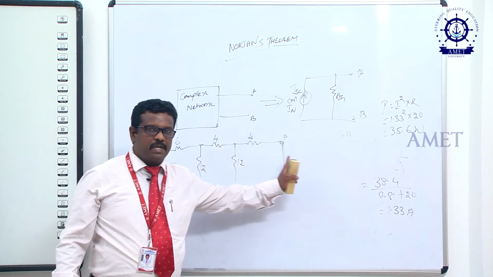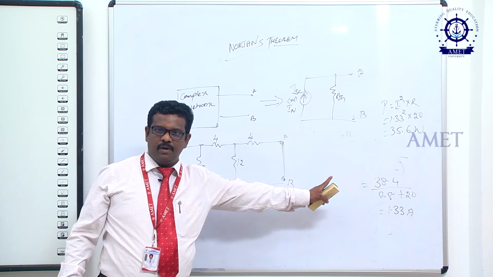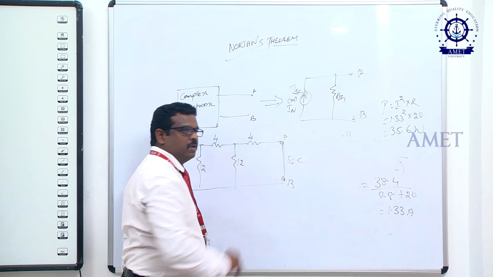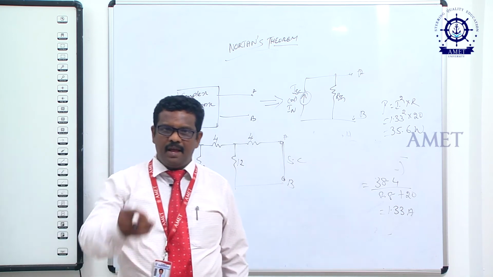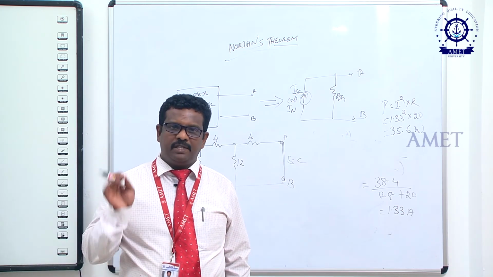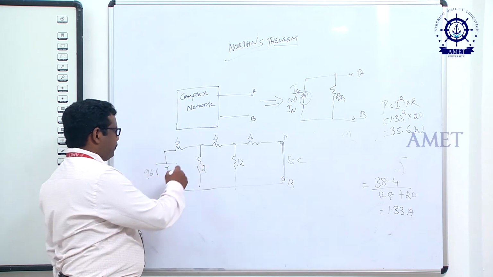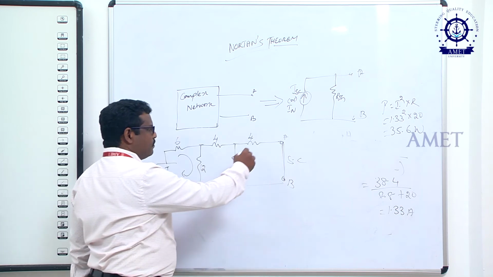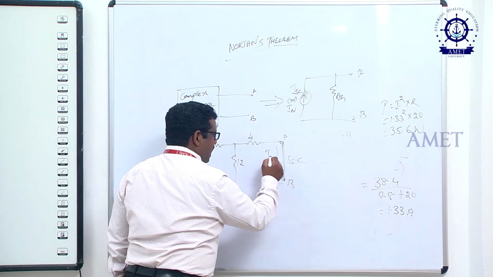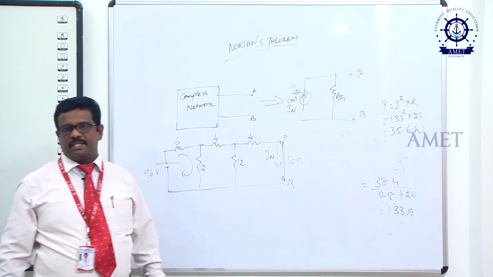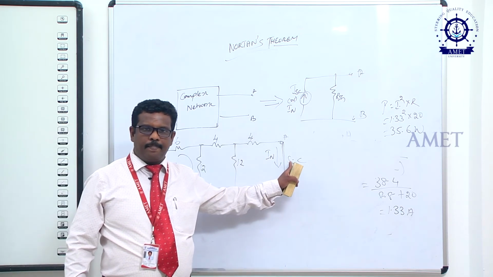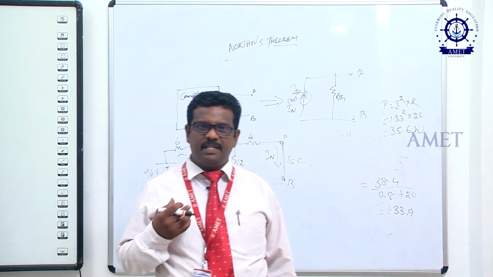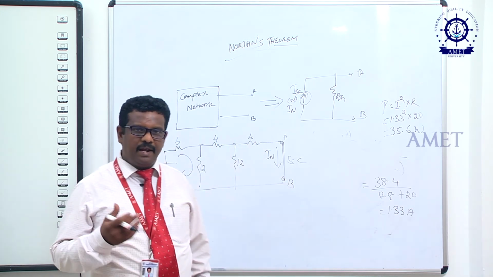You remove the load resistance from the original circuit and short circuit this path. This is called the short circuit path. Short circuit is nothing but providing the easiest path, the zero resistance path, right. Okay. Now what will happen when connected like this? The current flowing through this path is called the Norton's current, I Norton. We have to find this current. How to find it? Simple, by any method: source transformation, series parallel combinations, star delta, or any other method.